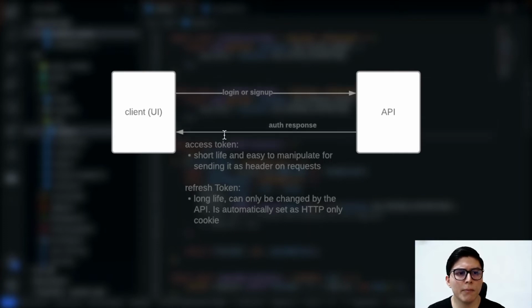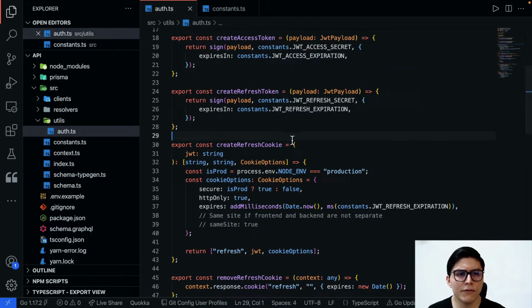And why manage this in a different way? Well, the access token can be directly handled by the client in local storage, for example. In a few words, by storing the refresh token as a cookie, we can make sure that we are reducing the possibility of a cross-site scripting attack. Because when you have things in local storage, other applications might have access directly to the value that we are putting in there, and they could authenticate into the service pretending that they are you.